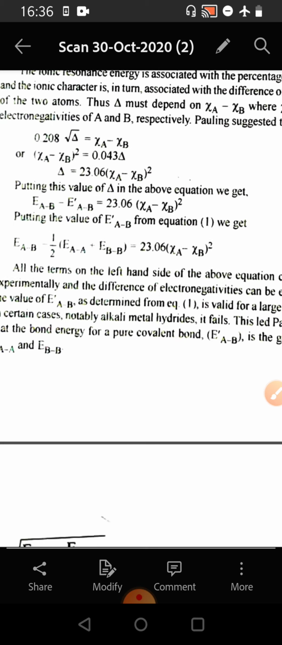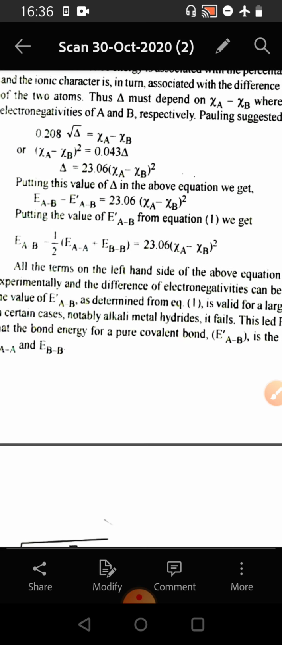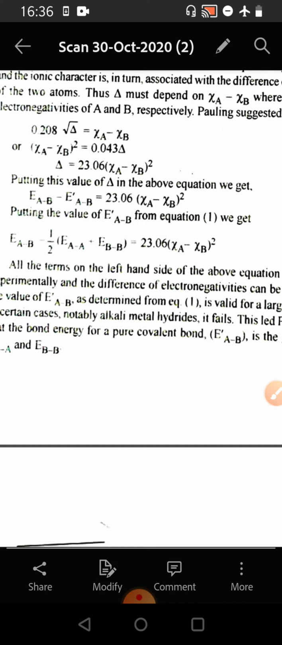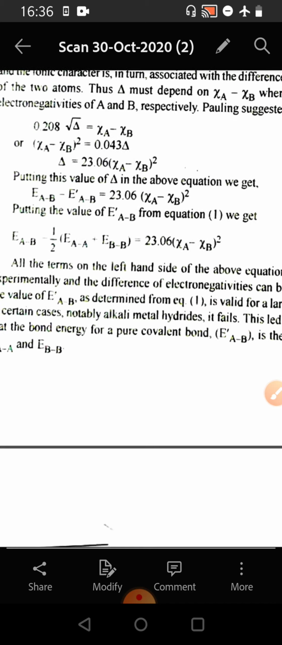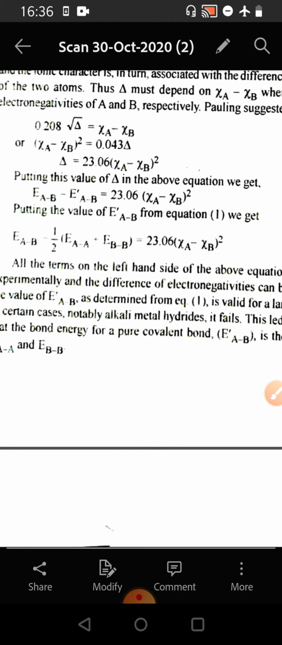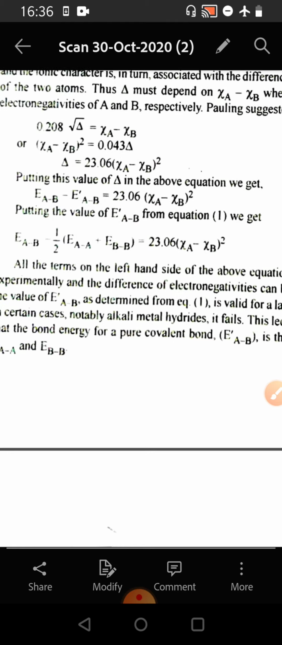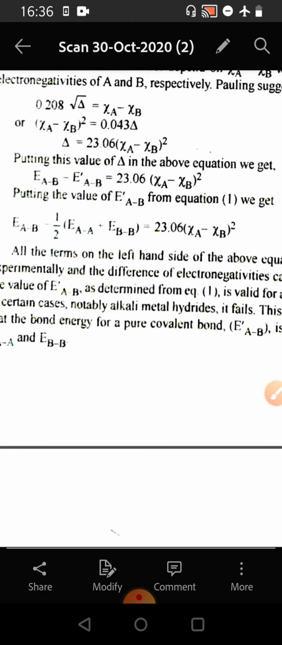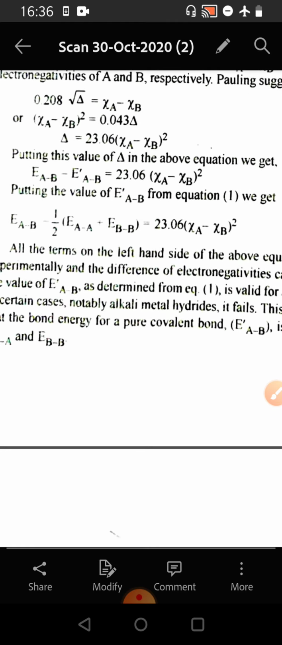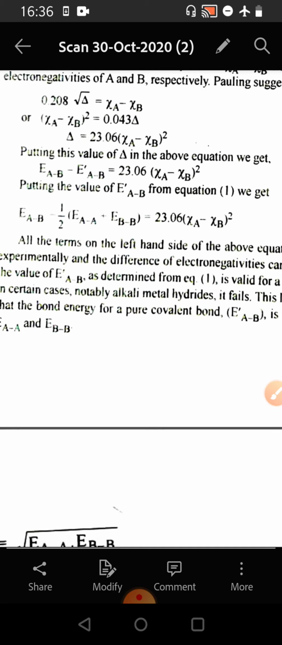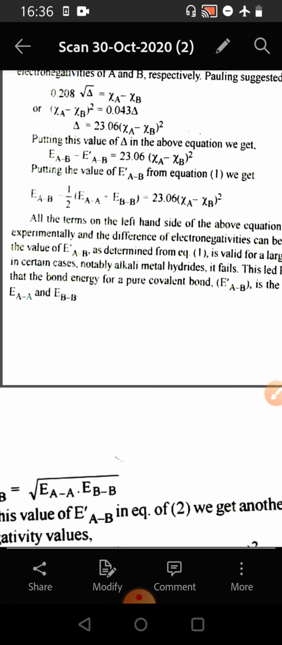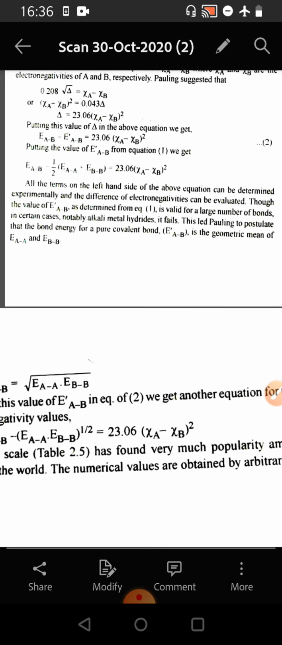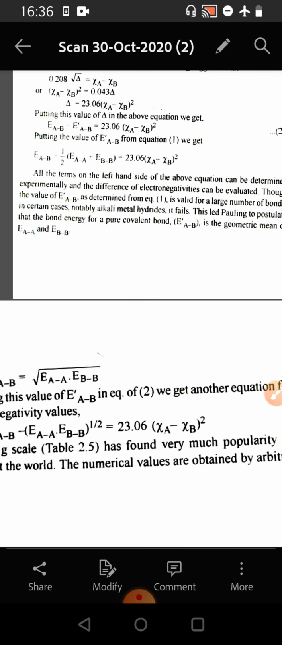Putting this value of delta in the above equation, we get EAB minus E prime AB is equal to 23.06 (Xa minus Xb) whole squared. Putting the value of E prime AB from equation 1, we get EAB minus half (EAA plus EBB) is equal to 23.06 (Xa minus Xb) whole squared. All the terms on the left hand side of the above equation can be determined experimentally, and the difference of